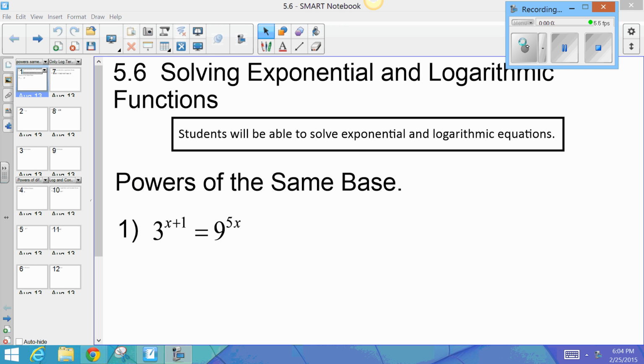This is a pre-calculus video on 5.6, powers of the same base. The concept here is if the bases are the same, then you can set the exponents equal to each other. So for problem number 1 here,